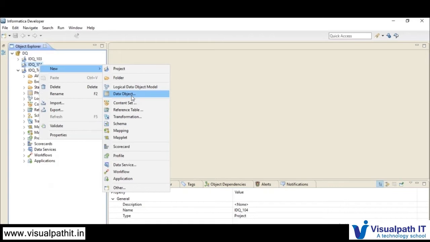That is a generic thing we have in IDQ compared to PowerCenter. Here we do not have any distinction between sources and target; we add it as a data object which acts as a source or target, and use it accordingly.